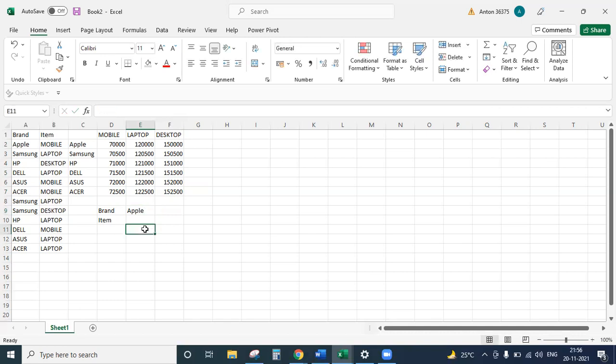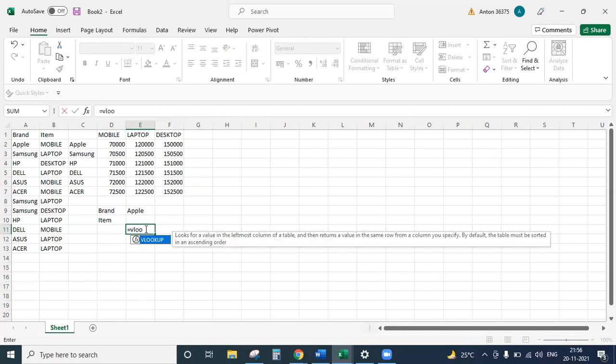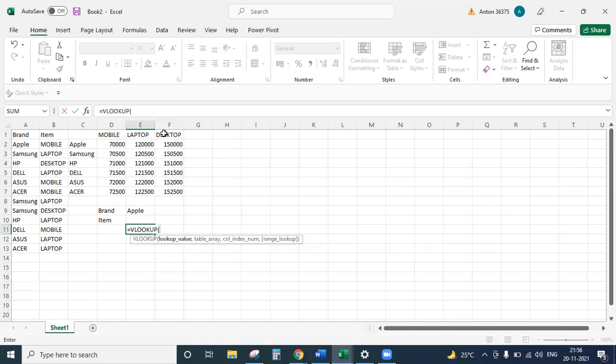Now, what I'm going to do is look up the price of an Apple laptop. Can you help me do that? I need to look up the price of an Apple laptop only.